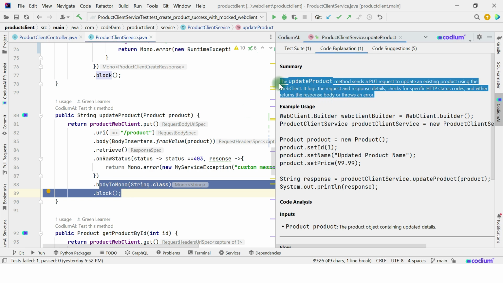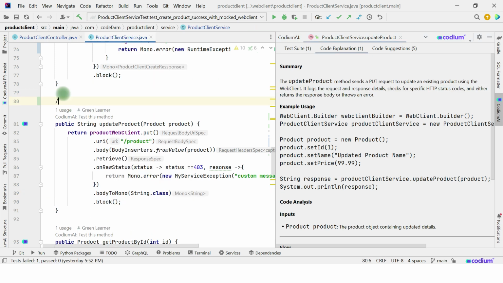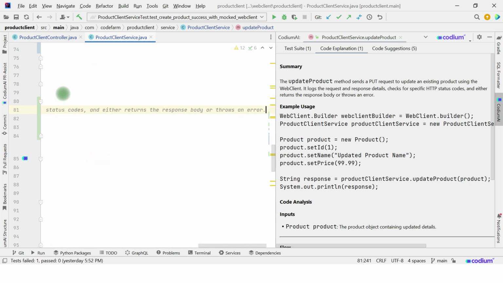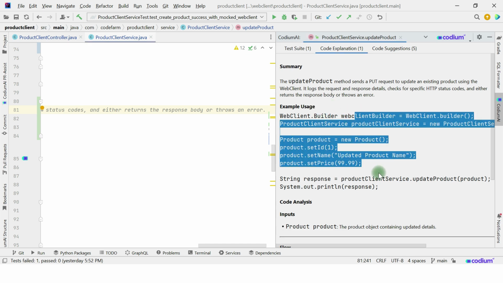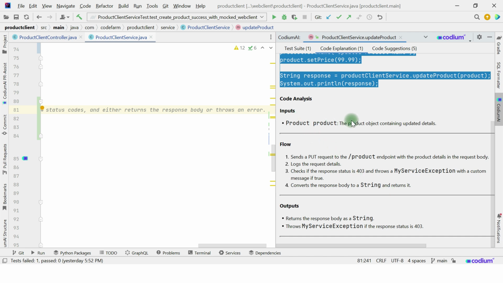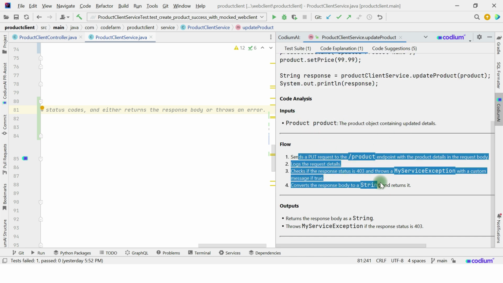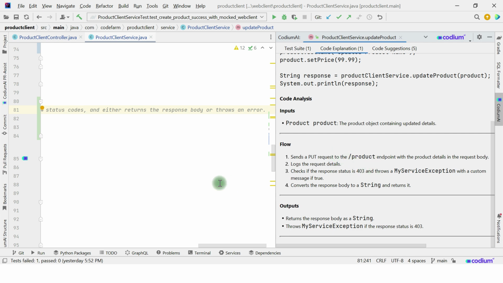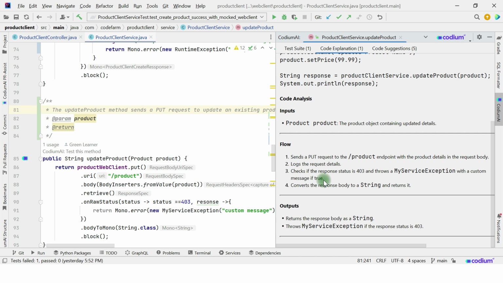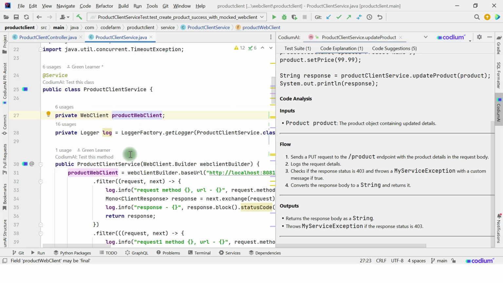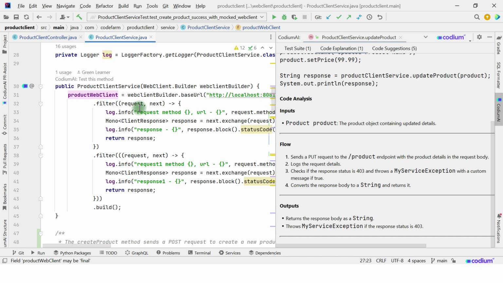So I can take this out and use this as API documentation, and this is what the example uses that it has given itself, how it can be used. Code analysis, this is the input, this is the flow: it sends a put request, logs the request details. From where is it taking the log of the request details? If you see the instantiation of the product web client, this is what we have added, these filters for request and response, which log the request, and it checks